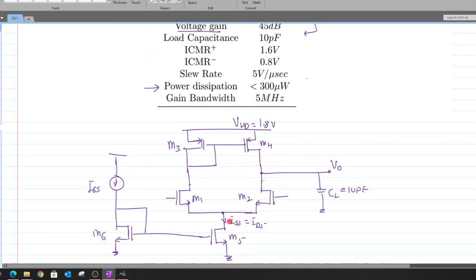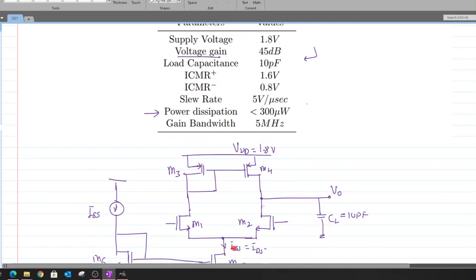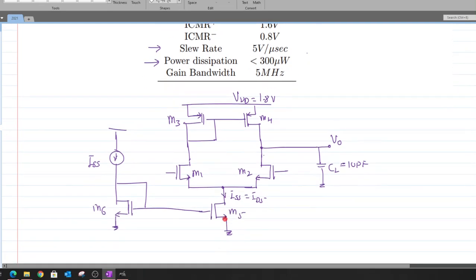Okay, but also there is one more parameter that defines this ISS, and that parameter is known as this slew rate. Okay, so whenever you are being given two specifications or two parameters that could define this ISS, the one that has the highest priority is the slew rate. So whenever you are given the slew rate along with power dissipation, or if only the slew rate is given, then it is the slew rate that takes over the control of defining the current through this tail current source.